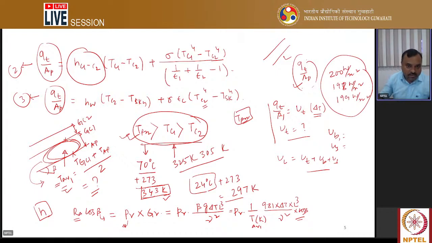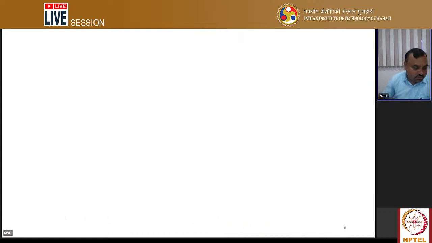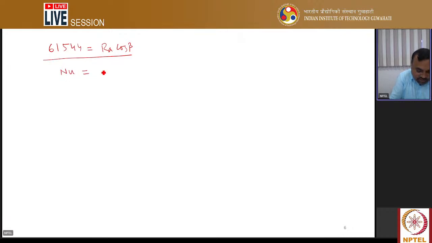I would like to give an example. Say, for example, we get a value of 61,544, which is Ra cos beta. Then we need to use a correlation, something like Nusselt number equal to 0.229 times (Ra cos beta) to the power of 0.252. Just for your understanding, I am giving one example. If we calculate it after substituting the value of Ra cos beta, this comes out to be